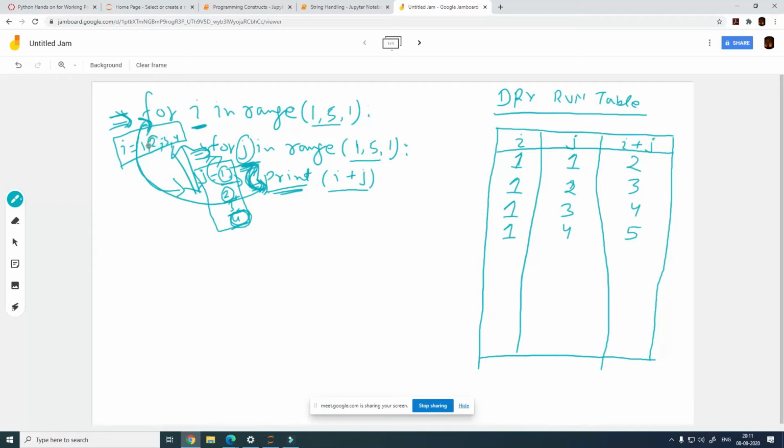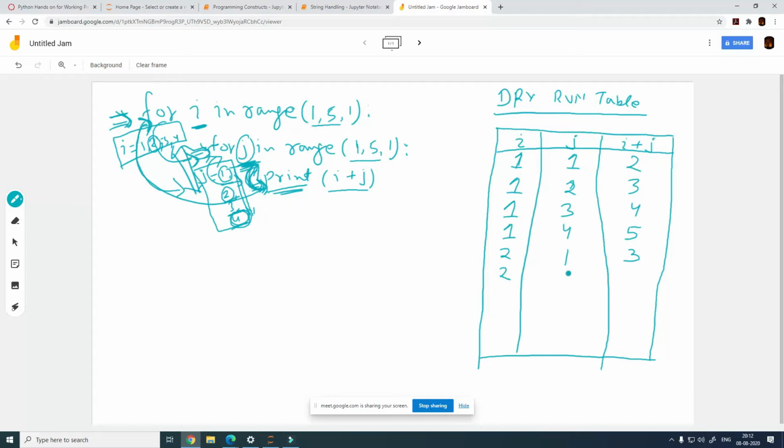So now it will take the value of i as 2, and it will again move control back to the next for loop. Now this for loop is going to start again with j equal to 1 and do the same thing for all the values of j, which are 1, 2, 3 and 4. So how is this going to run? I'm just pointing at the code, and I'm just writing it here, right? So the first time j will be 1, and the value which is going to get printed is 3.